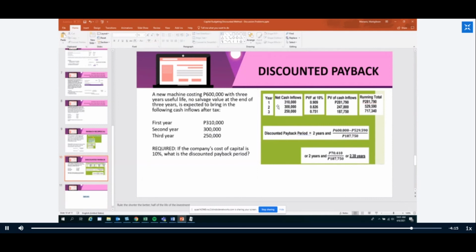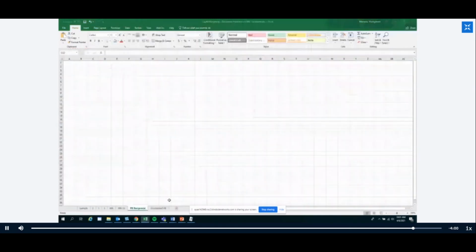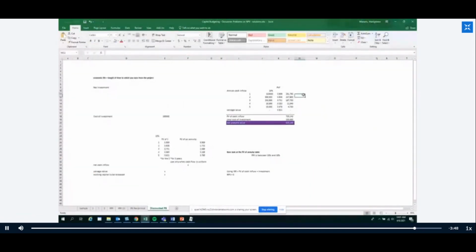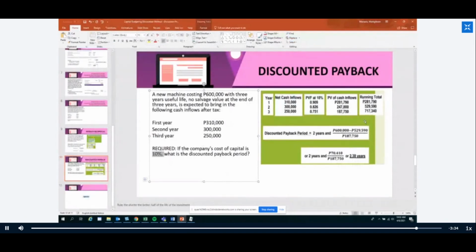So in this case, you have your net cash inflow year 1, 310, 300, and 250. So sabi, 10% cost of capital or discounted rate. So multiply mo lang yon to get your cash inflow. So 281,790, 529,590. This is the running total. Kasi nga kina-calculate natin yung present value. So, and plus this one, 529,590. And then pagdating ng year 3, it's